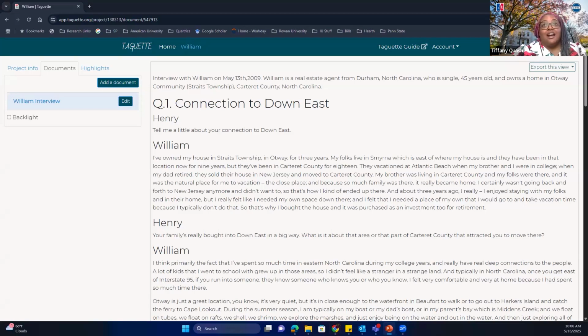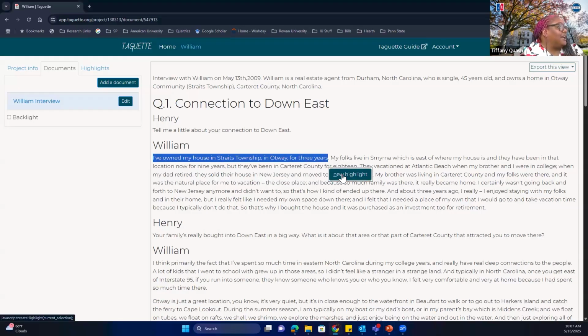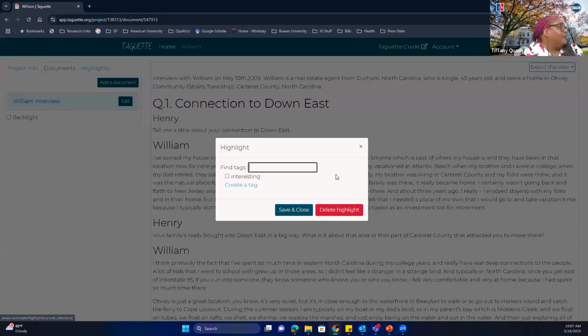You're going to pretend like old school coding, you would use a highlighter, right? And typically your highlighter would be yellow on this. Me, I'm like, oh, I want the pretty colors. But what you would do is you're going to take, let's say, I've owned my house in Straits Township in Ottawa for 3 years. I'm going to highlight that and click new highlight. And there it says find, I'm going to go to create a tag.